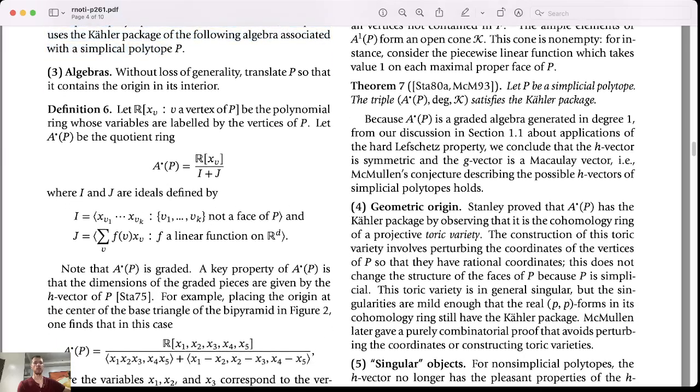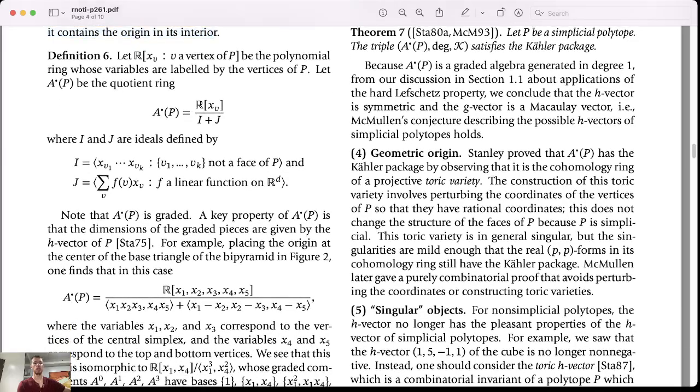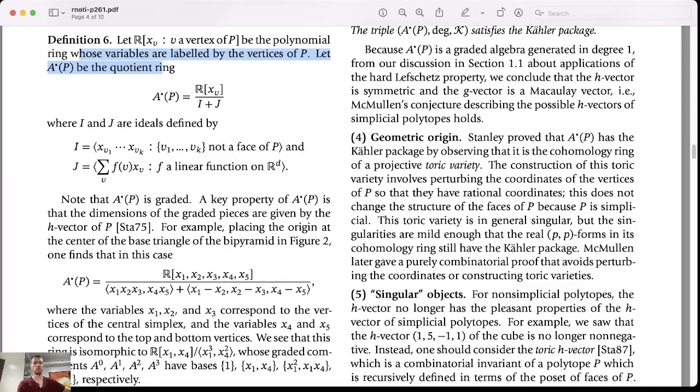Algebras. Without loss of generality, translate P so that it contains the origin in its interior. Definition. Let ℝ[x_v : v a vertex of P] be the polynomial ring whose variables are labeled by the vertices of P. Let A^•(P) be the quotient ring A^•(P) = ℝ[x_v] / (I + J),